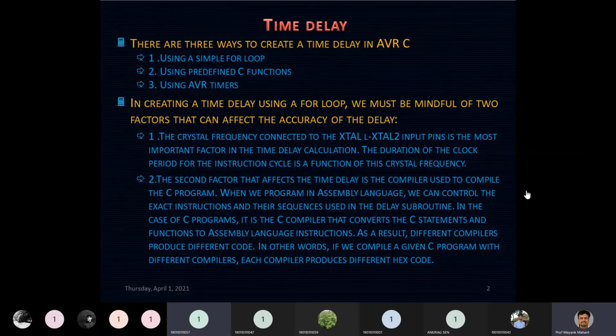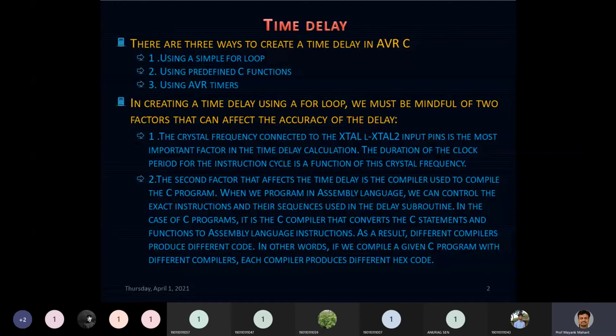Very good. Okay, so actually the compiler is a program in which we provide a C program and it converts that C program into a machine level program. So that is what a compiler is. If you write code in C, you will definitely require a compiler.